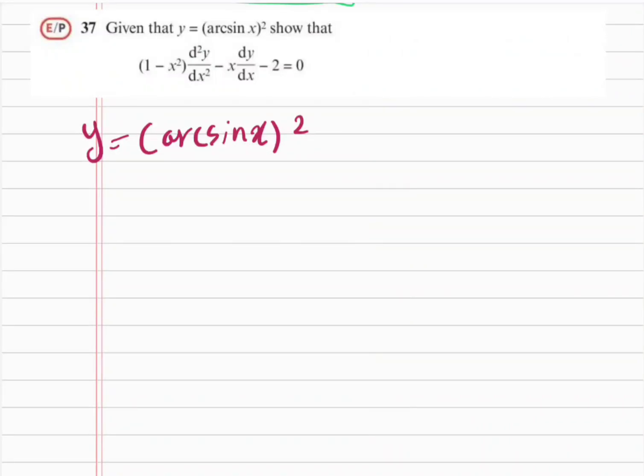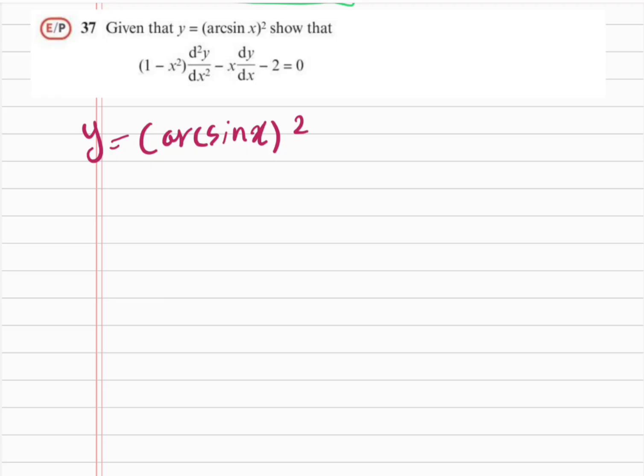Hi everyone, this video is on mixed exercise 9 question 37. So in this question, y is equal to arc sine x squared, and we want to show that (1 minus x squared) d squared y by dx squared minus x dy by dx minus 2 is equal to 0. Okay, so this question may seem confusing at first, but it's actually just a differentiation question